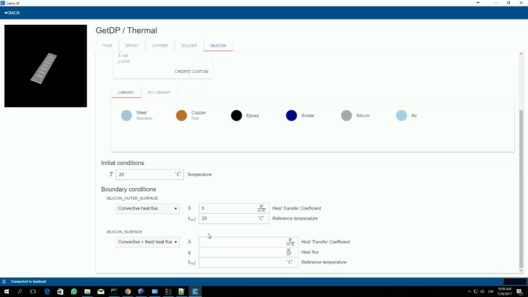It means that at any time it has a convective heat flux to the outside, and also at any time it has a fixed heat flux which is coming in from this heating. So it's 5 and 20, and for heat flux,